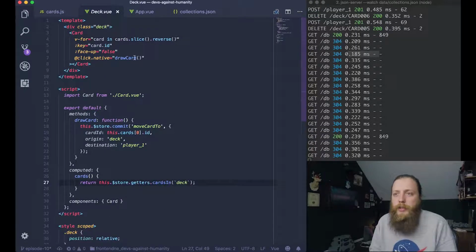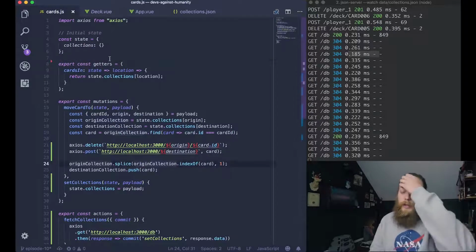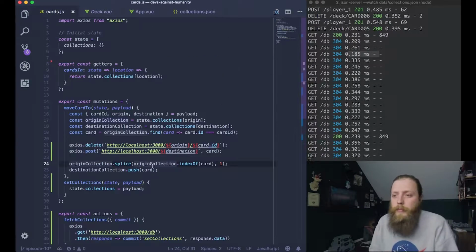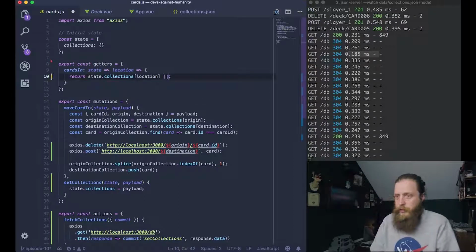Store.getters.cards in deck. So I want to update my getter. So what's happening is it is looking for state.collections location and it's not there. So we just want to put in or